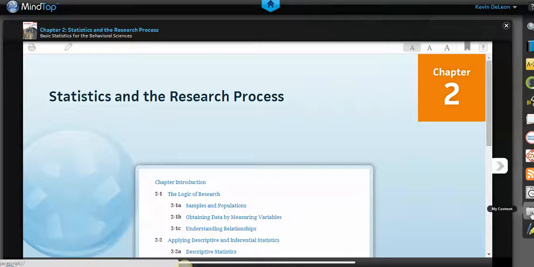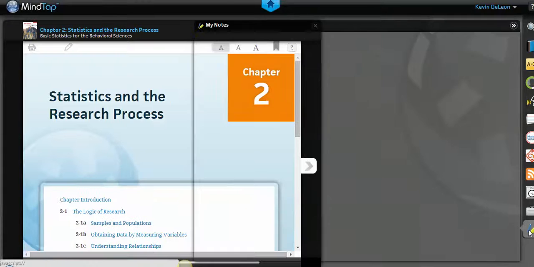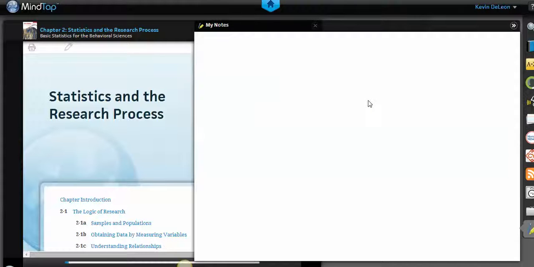These two apps are really for your instructor, so I wouldn't really worry about them. And then this one is called My Notes. Inside the My Notes app, it will summarize all of the work that you do inside of your ebook in terms of highlighting, note-taking, bookmarking pages, anything like that will all show up in the My Notes app,